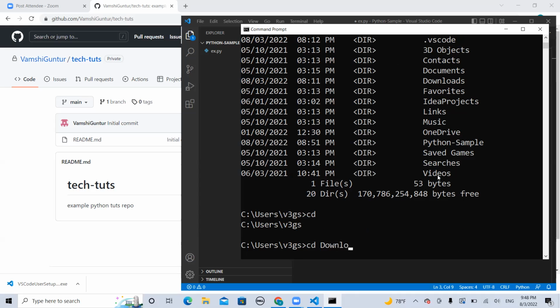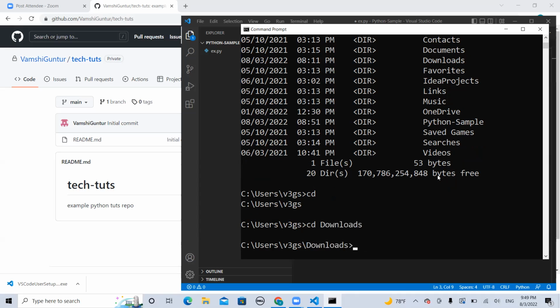OWN space tab. You can just press tab there because it will fill it automatically. Will it happen here in this case? No, it's not happening. Don't worry. Yeah. It happened. Okay, great. Yes, press enter. Okay, now you're in the downloads folder. In which folder have you saved in downloads? Python sample. Okay, so CD